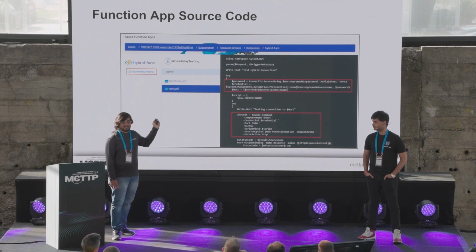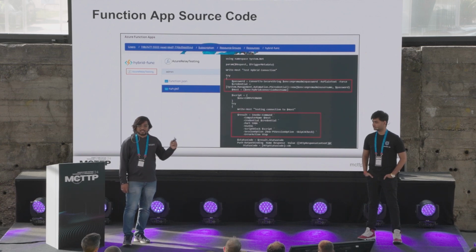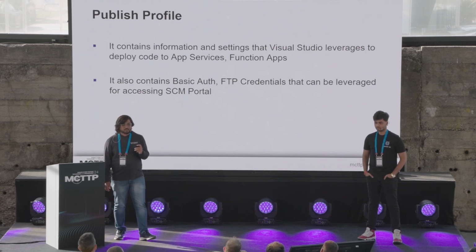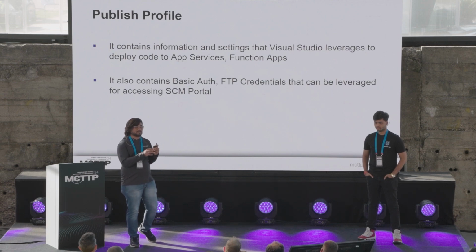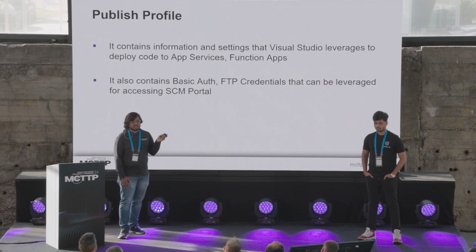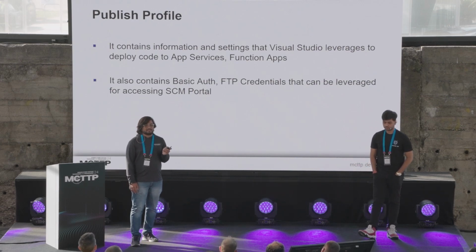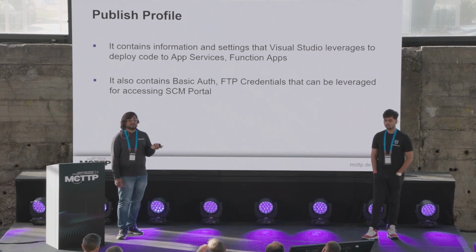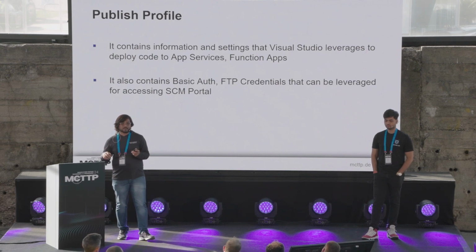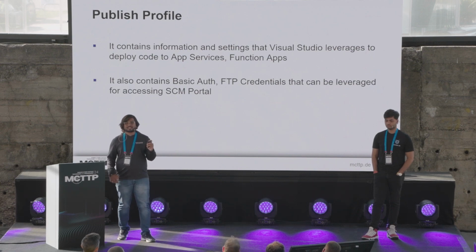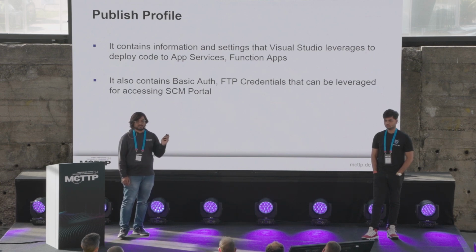We built a similar lab environment in our own tenant just to test the entire attack vector. And then we found out that, okay, there is a way to compromise this. But we did not want to add any new function to the function app to leverage that instance. So what we did was we used something known as a publish profile. App service environments and function apps have a publish profile, which has credentials that can help you access the SCM portal of those applications, maybe an app service or function app. The SCM portal is like an admin management portal for those particular function apps.